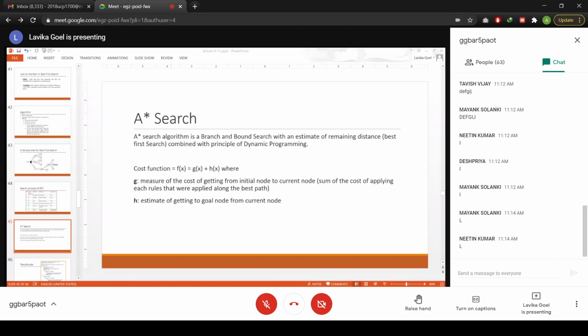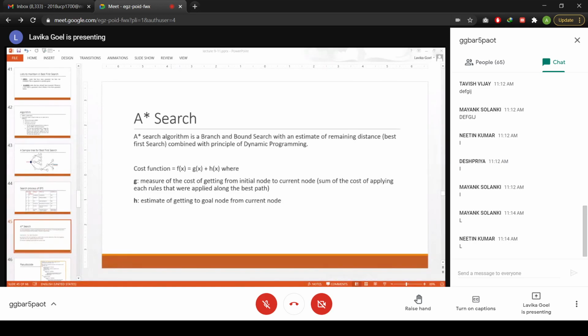So as I told you, the difference is that you are using an additional component in the cost function. That additional component is the G value. This is an important thing, students. Please note that in addition to the heuristic value, in the case of A star search, you are using a G value also. The heuristic value is the same thing we have in best first search. The heuristic value is basically the cost of getting from the current state to the goal state. Correct? So that is the same.